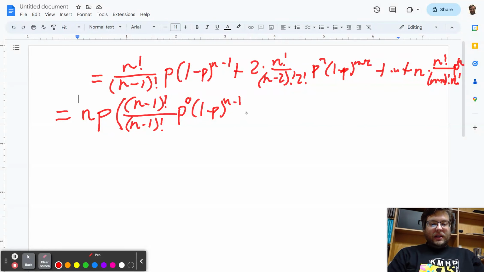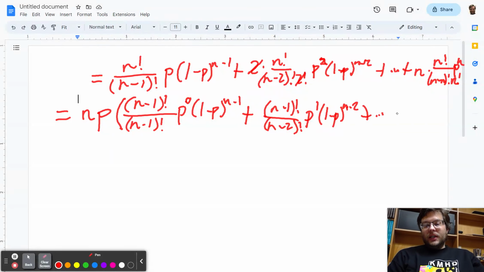Then, if you pull out an n and a p, you can also cancel 2 over 2 factorial to have n minus 1 factorial over n minus 2 factorial, p squared, but I took out one of the p's, so I have p to the first, (1 minus p) to the n minus 2, plus dot dot dot. If I pull out an n and a p here, then I'm left with n factorial over,